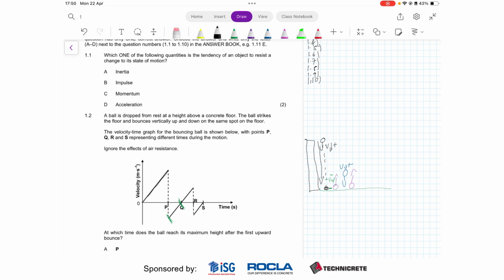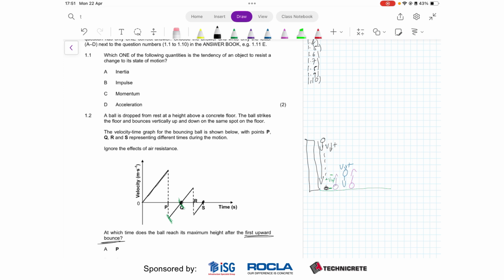Now, remember that the maximum height is reached when the velocity is equal to 0, and the velocity is equal to 0 at 2 points. The velocity is equal to 0 at point Q, and the velocity is equal to 0 at point S, okay? Now, we are looking for the time at which the ball reaches its maximum height after the first upward bounce, okay? So that tells you that the first upward bounce